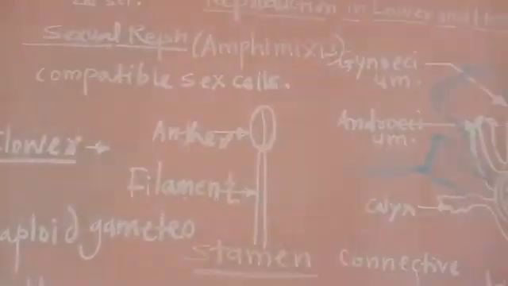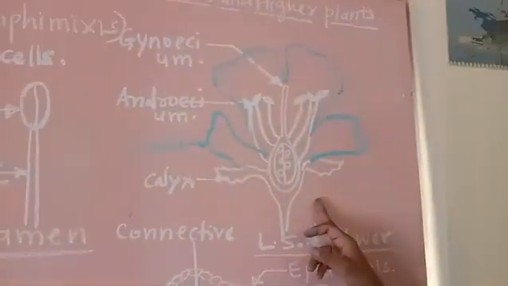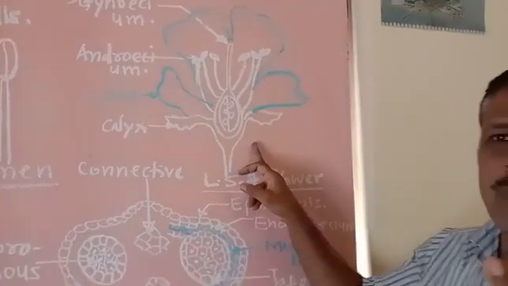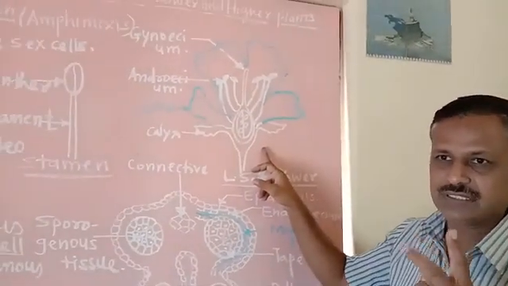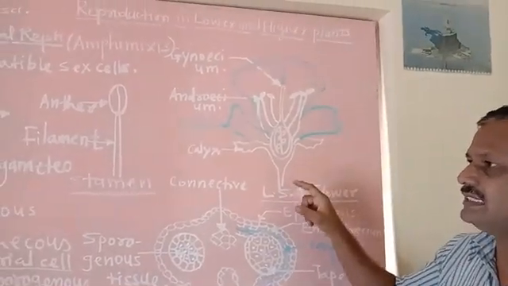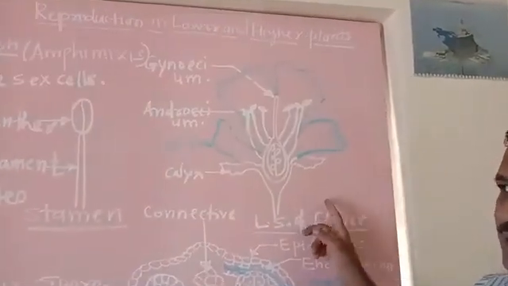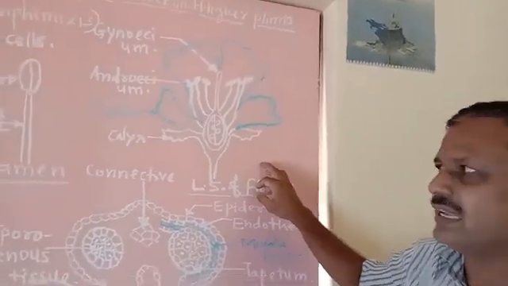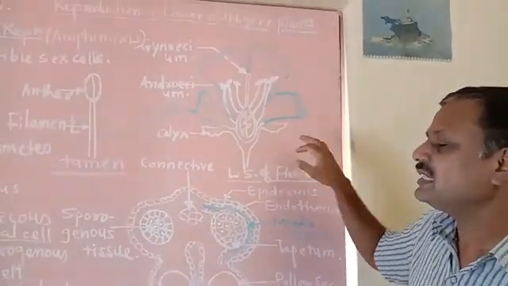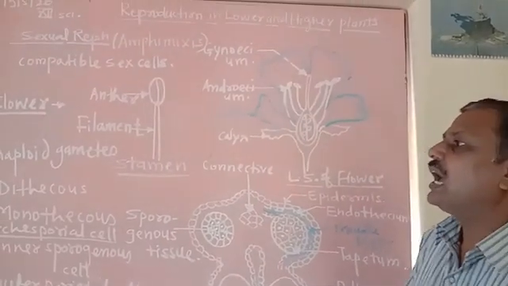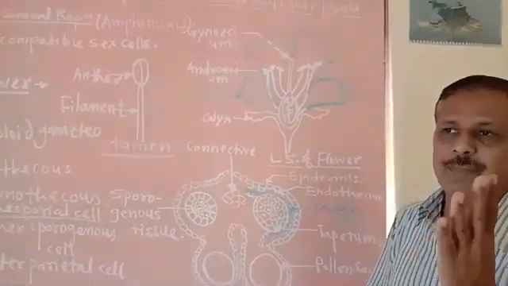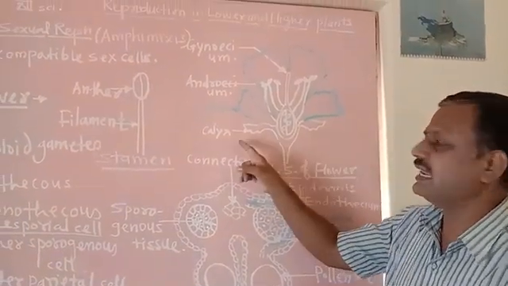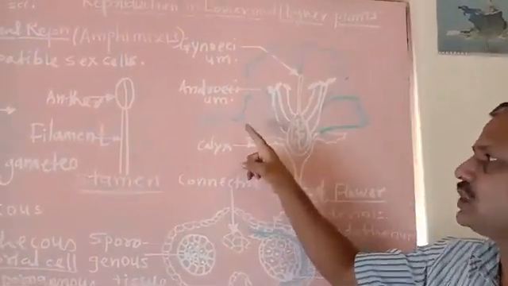The main function of the flower is to produce two haploid gametes, one haploid male gamete and another haploid female gamete. This flower also shows four different floral whorls like calyx, corolla,